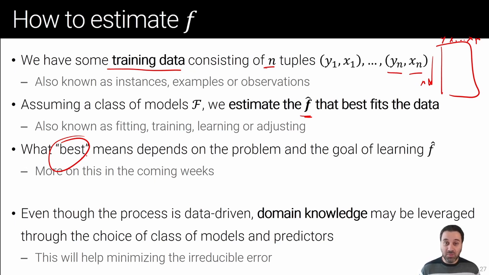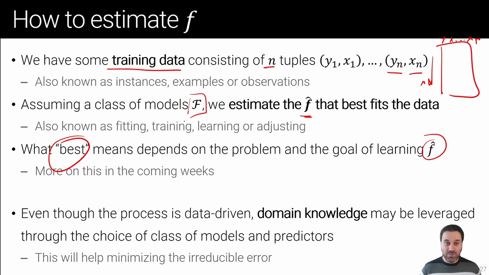It depends on the purpose of fitting the f hat. So even though the process is, yes, data-driven because we have a set of observations, the training set, domain knowledge may be leveraged, for example, through the choice of the class of models. So we may leverage our domain knowledge to say what class of models it is. Is it a linear relationship with x1? Is it a quadratic relationship as we saw? Should we include this second variable x2